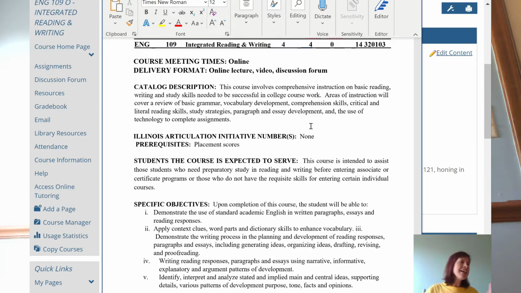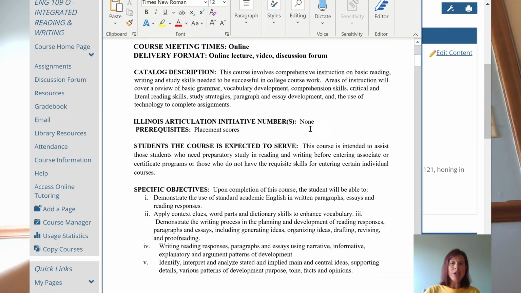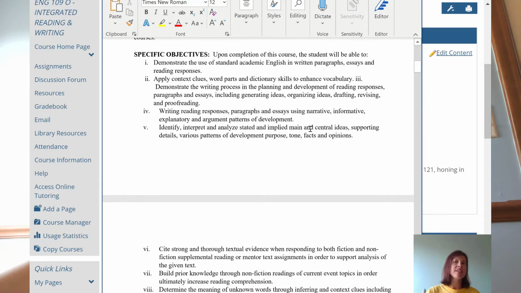What we do in this class is all a prep for English 121 and other college writing. So we're going to be doing similar styles of writing that you'll experience in English 121. We're going to look at narration, compare and contrast, cause and effect, and argumentation. Those are the highlighted types of writing that's in our textbook and what we're going to do in this course. And I'm not going to read all of the objectives, but you can scroll through your syllabus and see how we're going to be utilizing the techniques from our textbook and our discussion in class to improve our writing, whether it's researching, constructing paragraphs, making outlines, different things like that